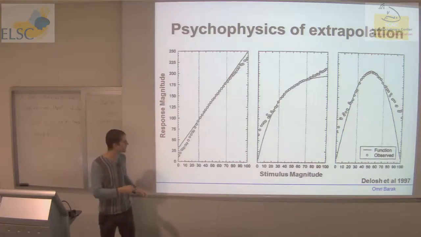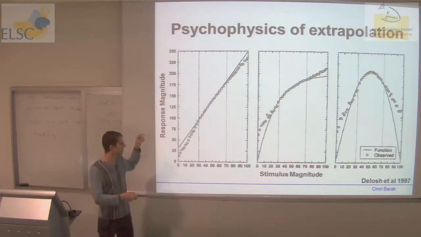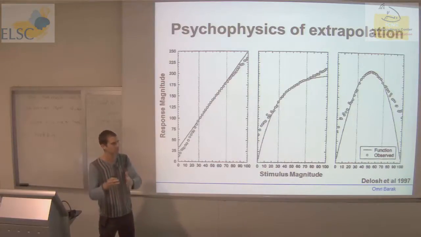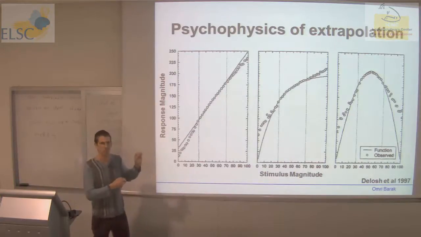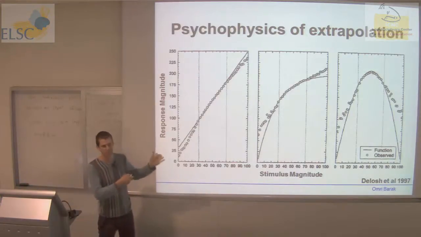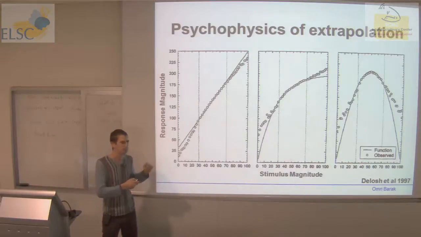The task was that a bar was shown on the screen. In the training phase, two bars were shown, one corresponding to stimulus, one corresponding to response. And this trained the relationship within the middle range. In the test phase, only the stimulus bar was shown, and the subject had to fill the response bar to indicate the magnitude of the response. So they were told there is an association between X and Y, and then we're going to teach you and then test you. So I'm not saying that this response is as bad as the network,